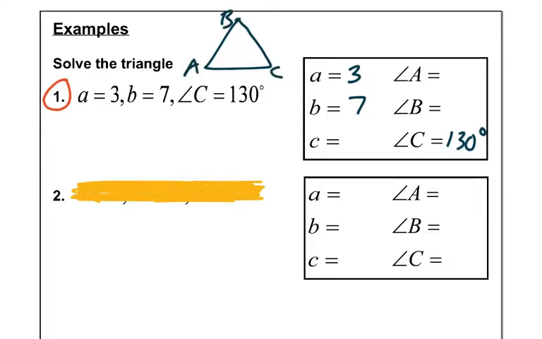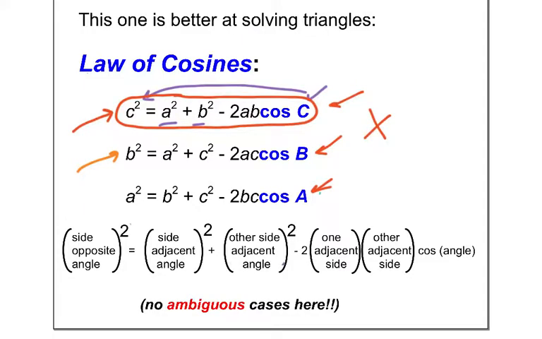Sounds good. So now I'm given side A over here, I'm given side B over here, and I'm given angle C right here. Okay, if you can see, this is SAS, which is definitely law of cosines, and only one triangle. Okay, awesome, let's do it. Now, when we set up and use the law of cosines formulas that we have here,